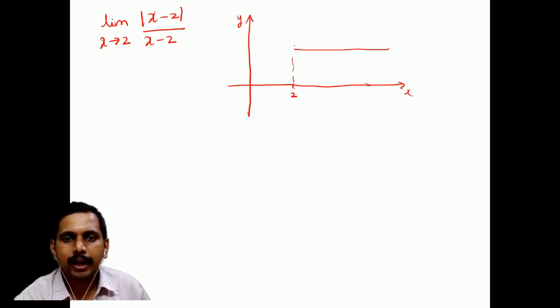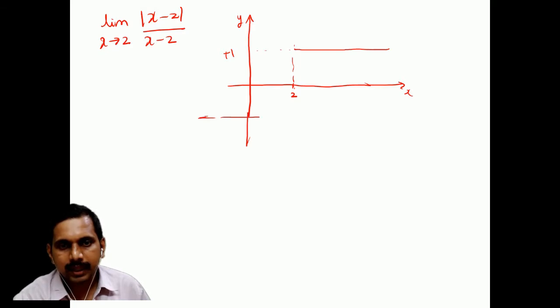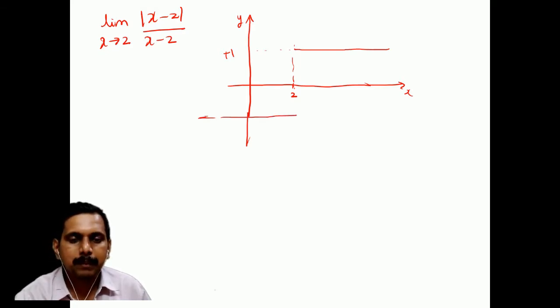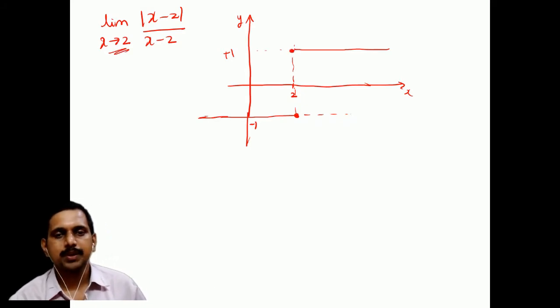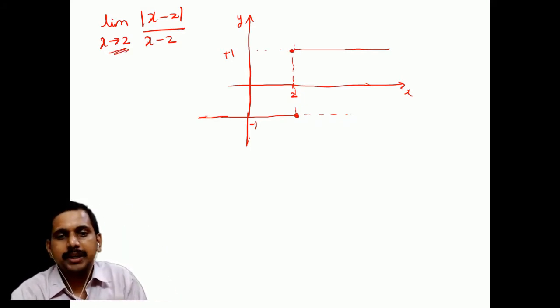The value would be plus 1, and below this, before 2, the value would be minus 1, and after this there is nothing here. So it will be minus 1. It jumps from this point to this point at x is equal to 2, because it jumps from that point, and the limit